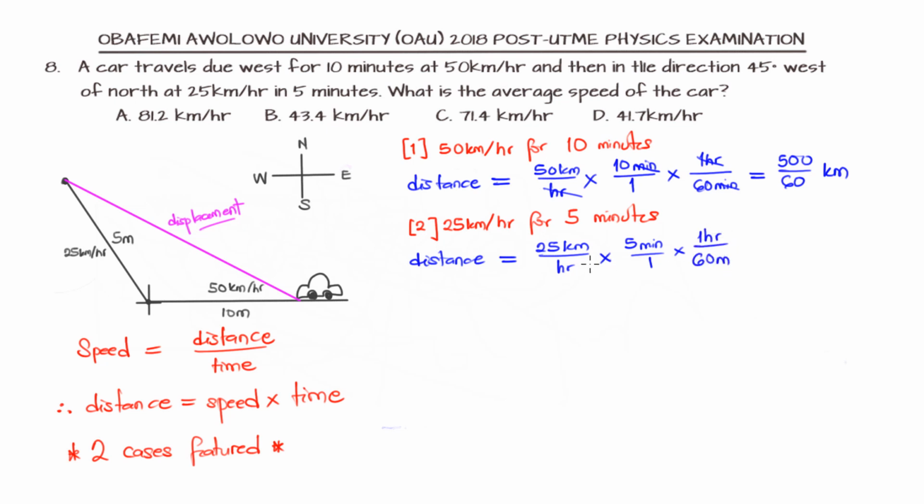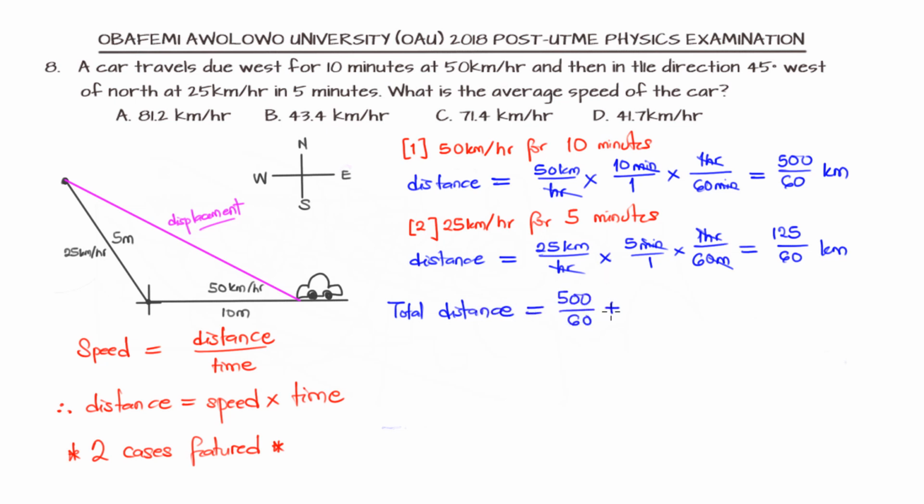And we are noticing that 60 minutes make 1 hour, so we can cut out the units appropriately. And this will leave us with 25 times 5 is 125 over 60 kilometers. So now, since we know the distance covered in the first case and the distance covered in